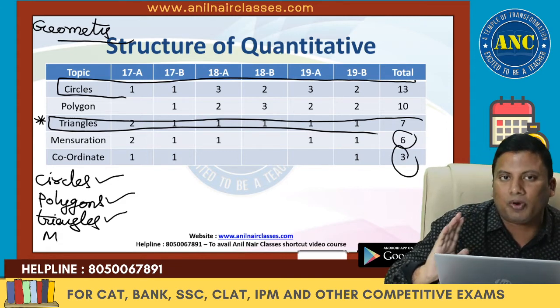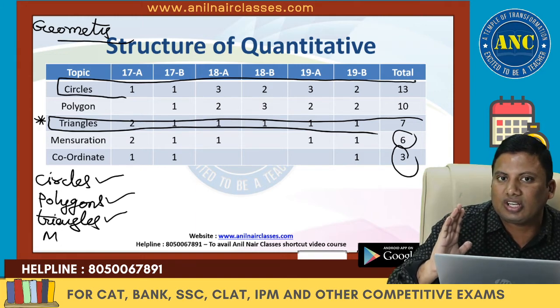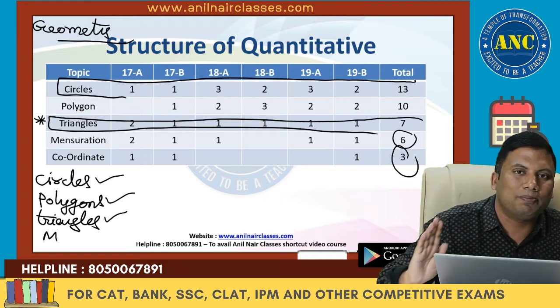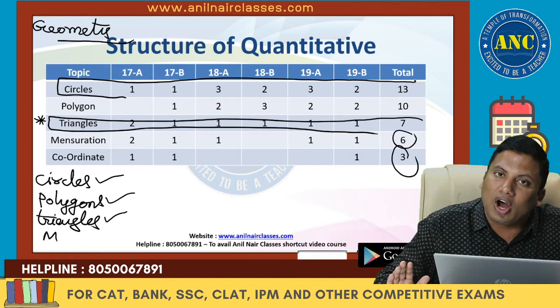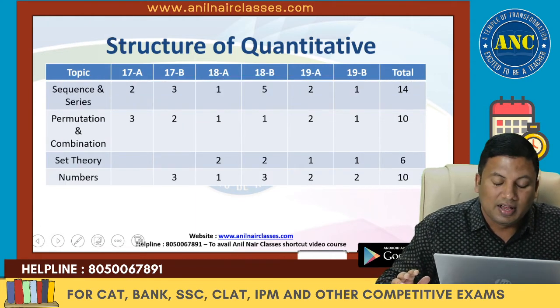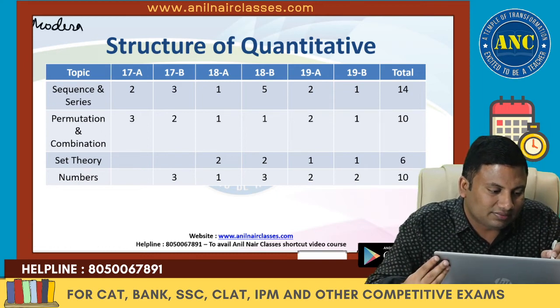Arithmetic, the focus point is on time, speed and distance, time and work, ratios, mixtures, profit, loss and discount. And in algebra, the focus points are on equations, progressions based, logarithms and functions. Next comes the last topic, which is modern mathematics. In modern mathematics,